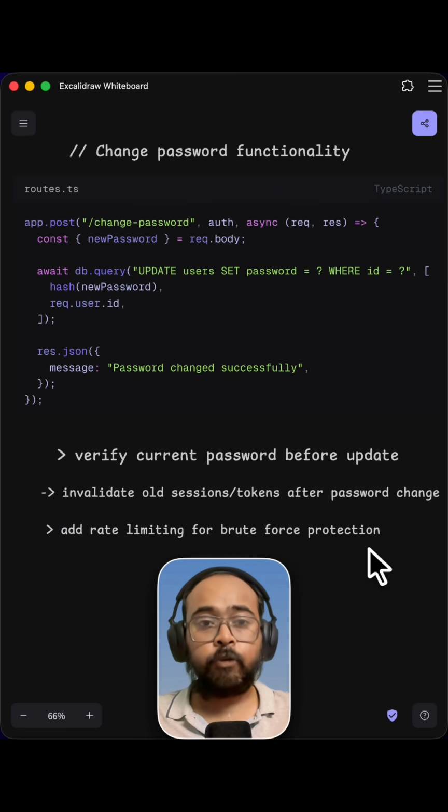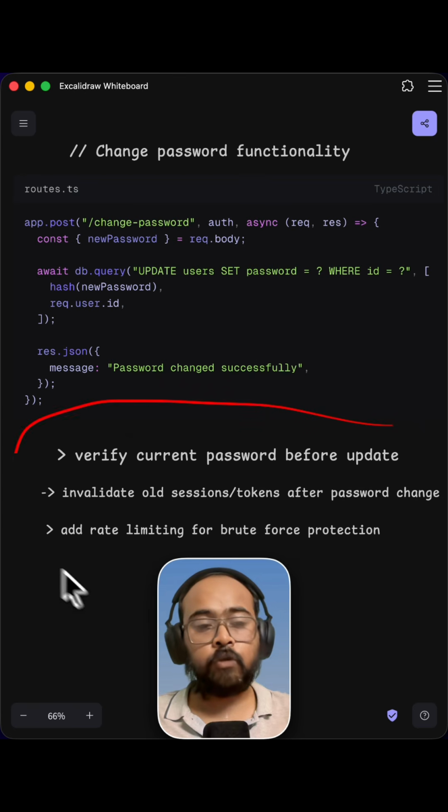So your change password endpoint should have rate limiting, because if you don't add rate limiting, then this endpoint can be misused or abused by hackers. So that if anyone is trying to brute force through your change password functionality, they get rate limited. This way you can prevent attackers from abusing your system. So make sure these are the 3 points that you should always do if you are ever writing the code